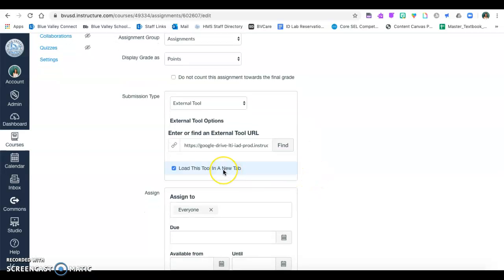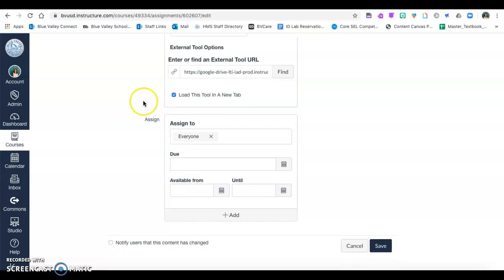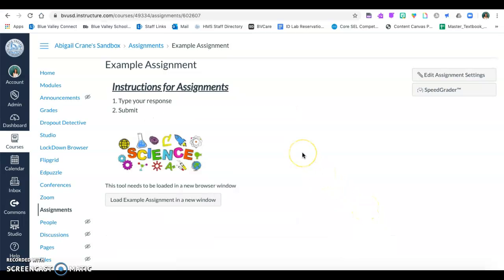I like to have students load this in a new tab, but you don't have to do that. It just allows them to stay within Canvas and then just open a new tab for the Google Doc so they can toggle back and forth. And then of course you can adjust your settings for due dates and who you assign it to, and then click Save. And then students should be able to access that assignment via Google Docs and edit and submit within